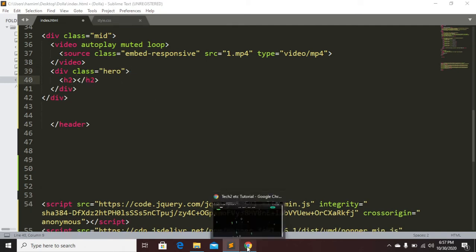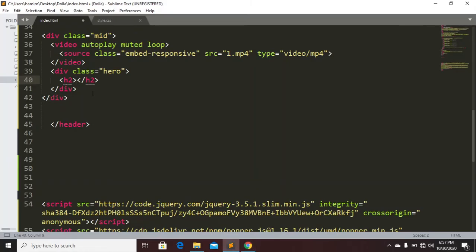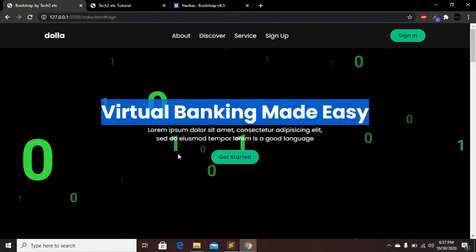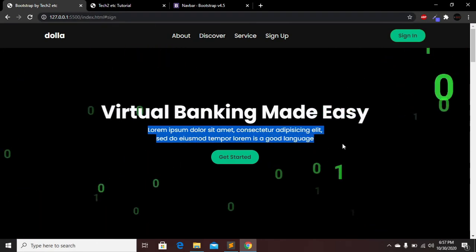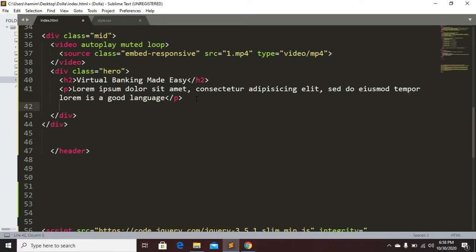So I will just simply copy this h2 from here and paste it here. Underneath this h2 now we have to create our paragraph tag. So copy this paragraph tag from here, paste it here. That's it. And underneath this paragraph now we have to create a button here. So I create an anchor tag, and this will be hash, and here it will be Get Started. So now save and go to our website